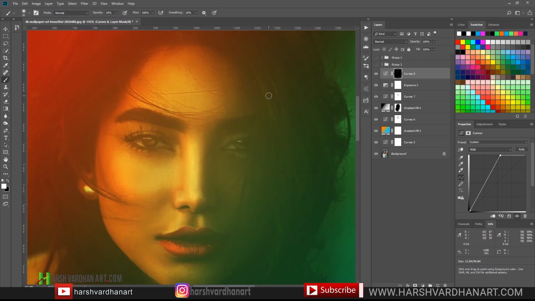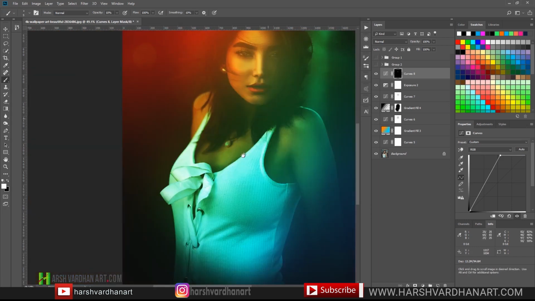And on the hairs, we can paint on the hairs as well with very small brush, or just leave it as it is for a moment. Let's work on other areas, like over here,